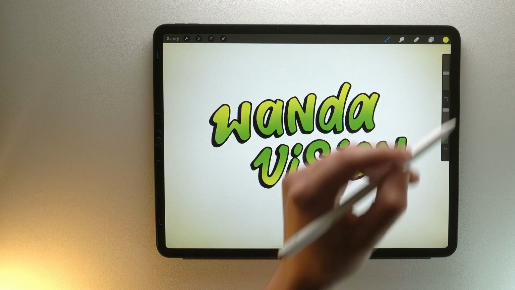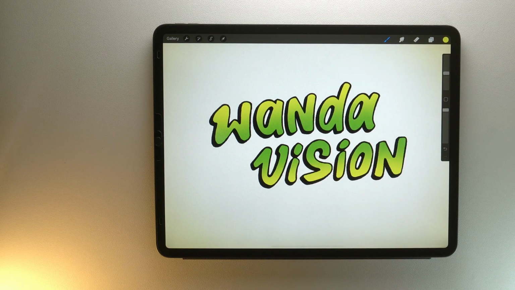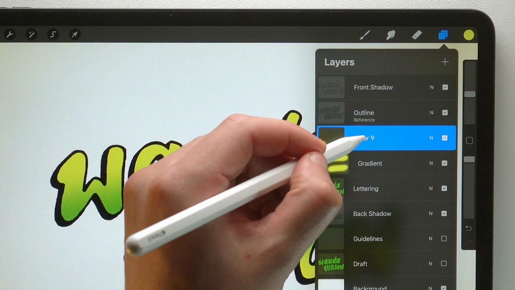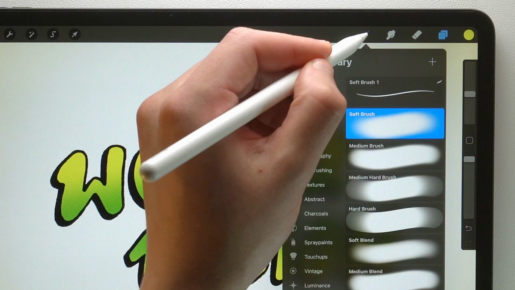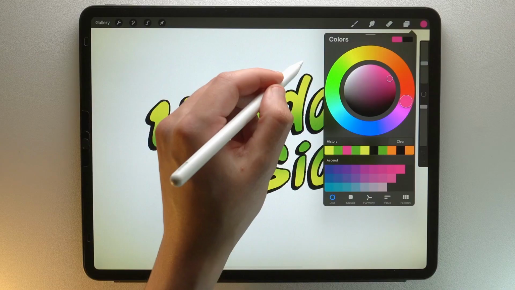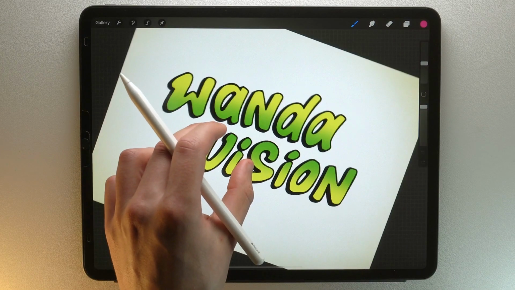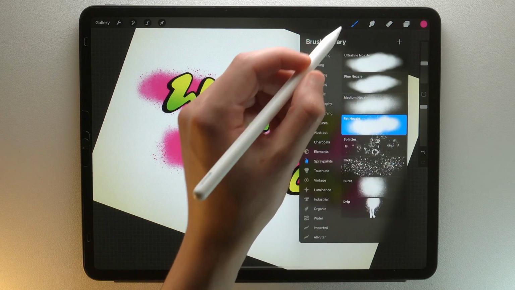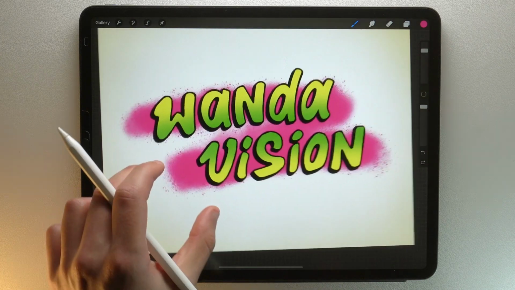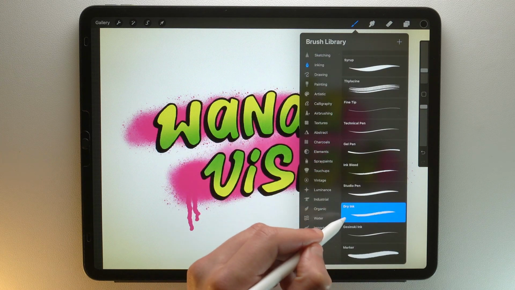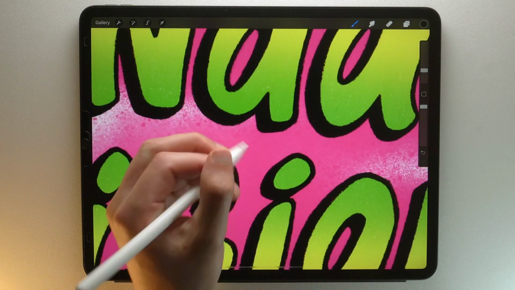Besides, I invite you to watch this video to learn more about blurs in Procreate. Finally, all I have to do is add the finishing touches. I add a new layer to the back. I choose the fat nozzle brush to have a graffiti texture. I use a very flashy pink color for popping out the lettering. I add a drip with the drip brush on the side to add a realistic feel. And I don't forget to add those sound waves above the letter Y with the dry ink brush.